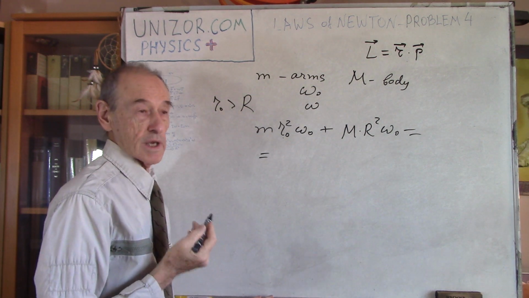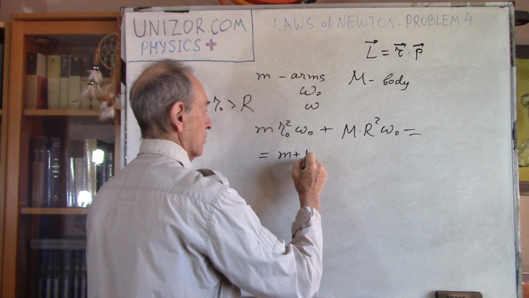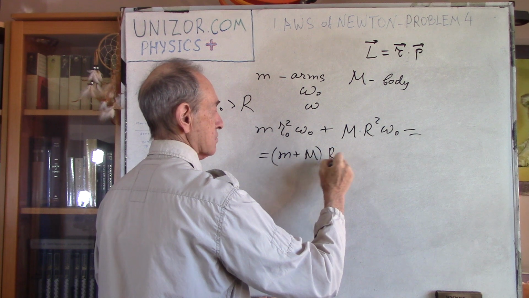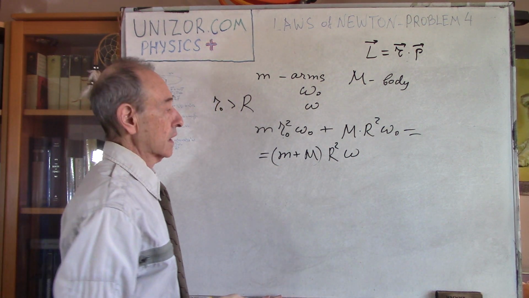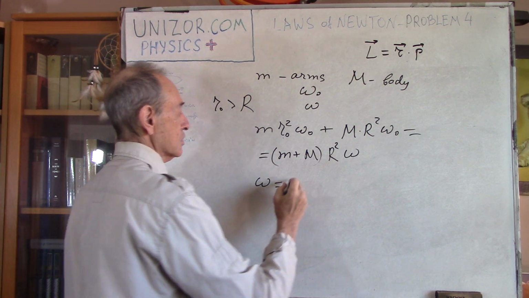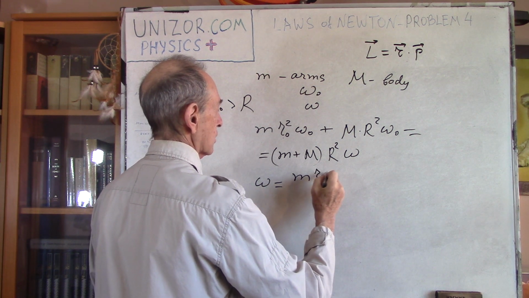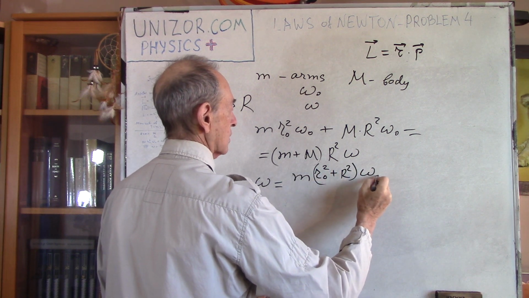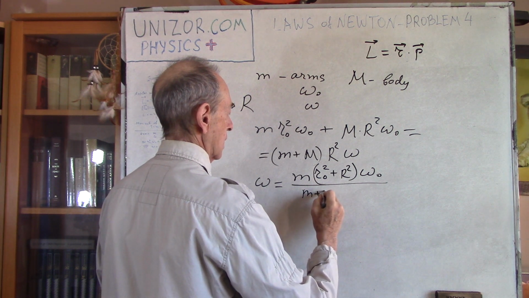Now it's one object, which has a mass m plus M, rotating with the same radius as before, R squared, but with a new angular speed omega, from which we can very easily derive the omega, which is m r0 squared plus M R squared, times omega 0, divided by m plus M